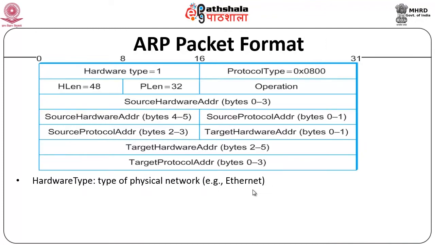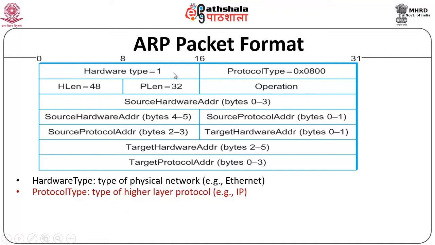So if you look at the ARP packet format, you will see that there are a number of fields here. What is interesting about the ARP packet format is that it is a general address resolution protocol format, which means it is not meant only for IP address to MAC or Ethernet layer mapping. It can be used for any hardware type address to any protocol type address mapping. So we have two fields called the hardware type field and the protocol type field. This will identify which type of hardware and which protocol type you are looking at. In this example, we have specified a value of 1 and 800, which corresponds to the Ethernet protocol and the IP protocol. So we want to do a mapping between Ethernet and IP.